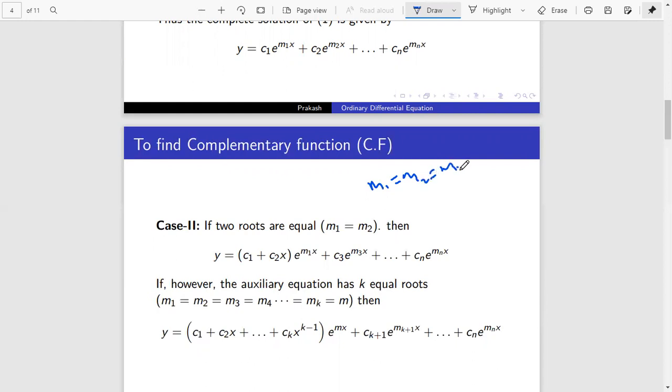Then how will the complementary function be? You can write y equal to (c1 plus c2 x plus c3 x square)